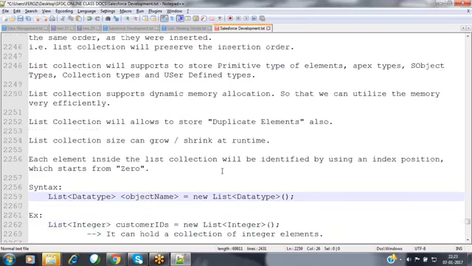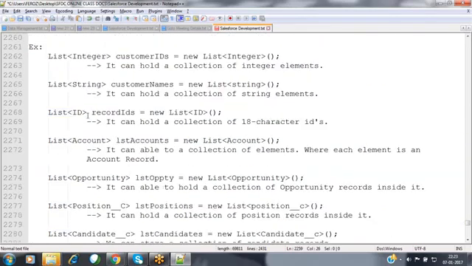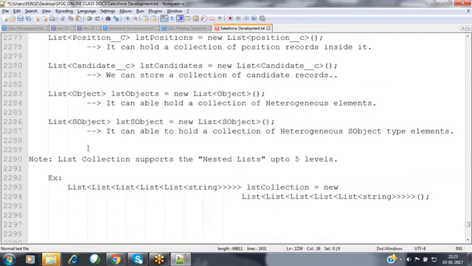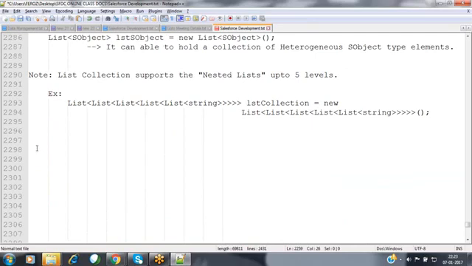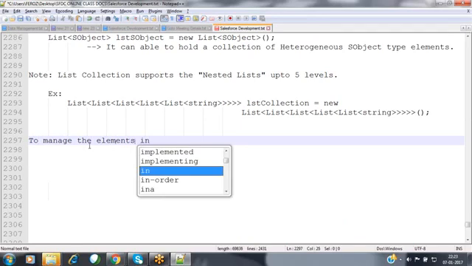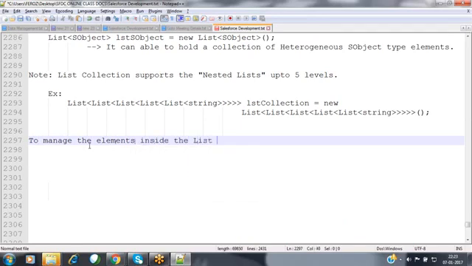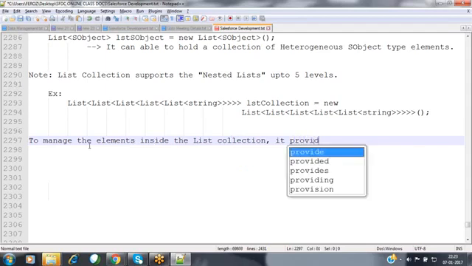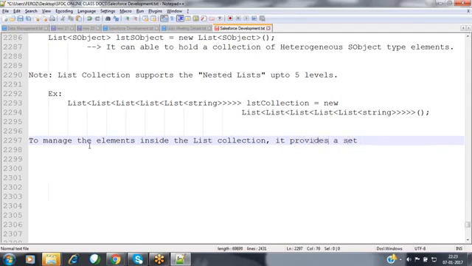Now, when coming to the list collection, this is the way we are defining that list collection, which we have discussed just now here. Now, how can we manage the elements inside this list collection here? To manage the elements inside the list collection, it provides a set of methods by default, ready-made methods.